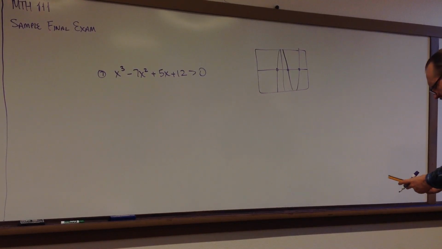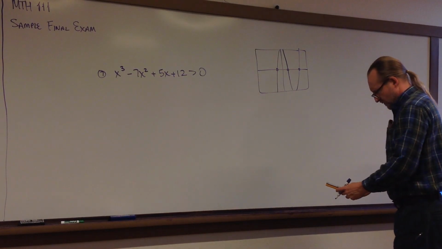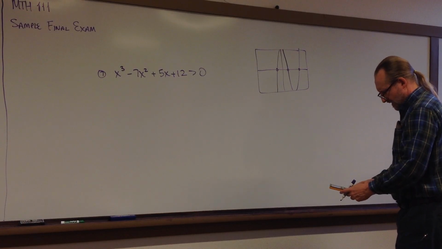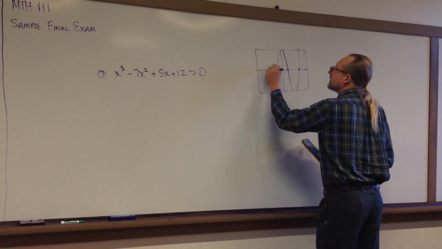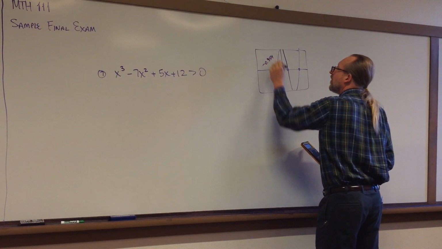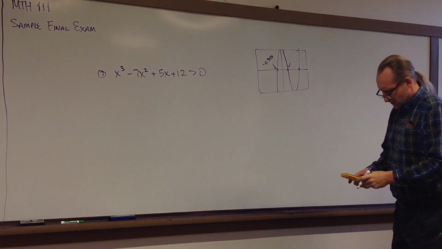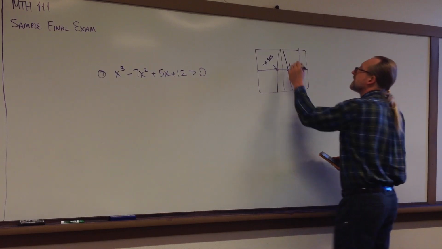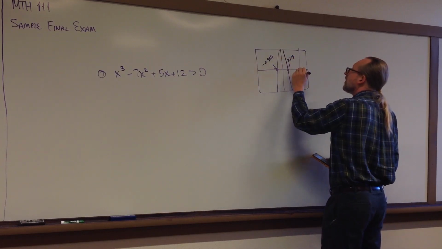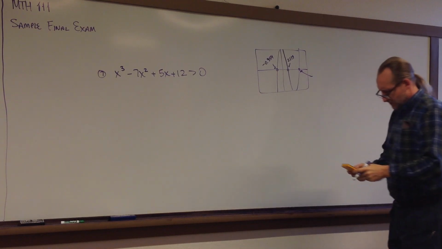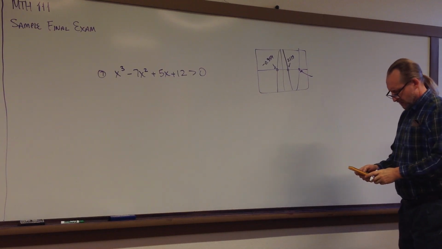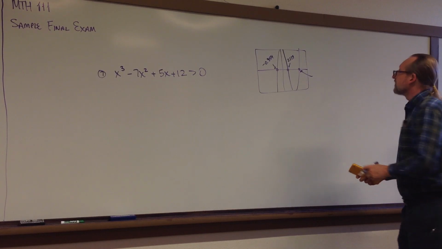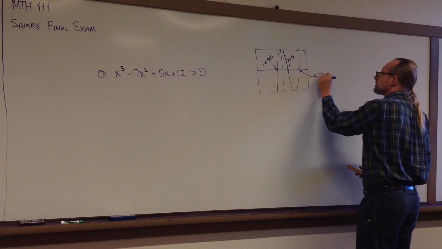Okay, let's see here. So that one is negative 0.954 right here. And then the next one, let's see what we get. 2.179, and then over here, 5.774. Okay,